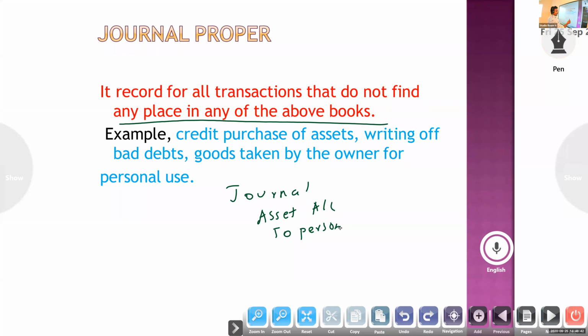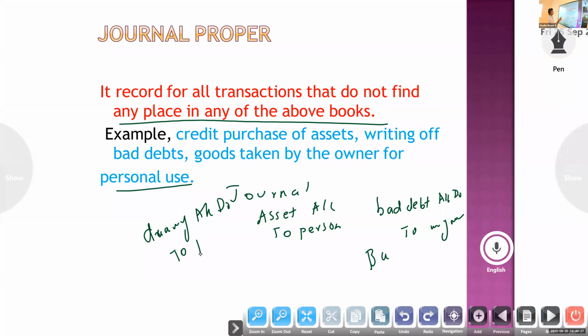Bad debt means, suppose the company sold goods on credit to any person, and it is sure that we won't get that amount, it is a loss. So the entry will be bad debt account debit to that person's name. Suppose it is any other person, you have to write bad debt account to that person, and it will come in journal proper. Then goods taken by the owner for personal use: